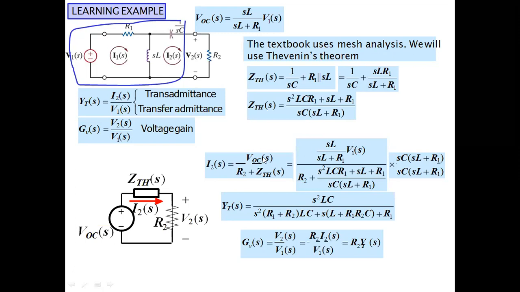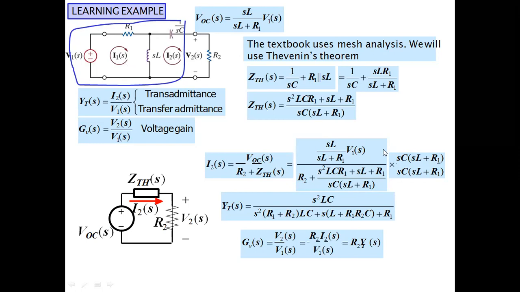And if you do not have the values of VOC, you can put that value in the form of V1 of S, which we have just solved. I am writing that equation in the form of V1 of S. So you will get values for I2 of S in the form of V1 of S, and that will be in the form of R2 and RTH. R2 as it is, and the value of RTH, the Thevenin impedance, we have just calculated.